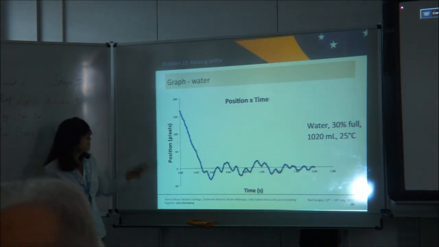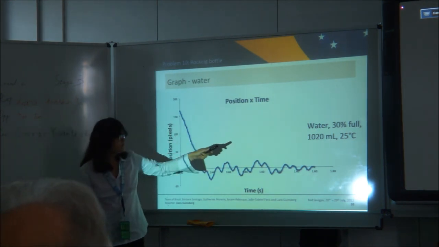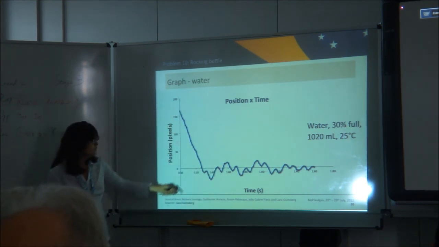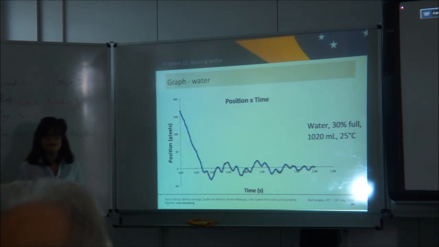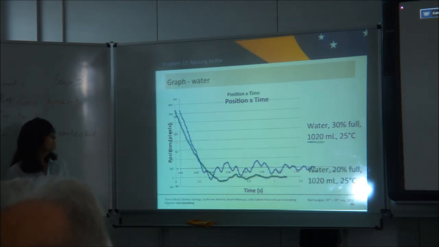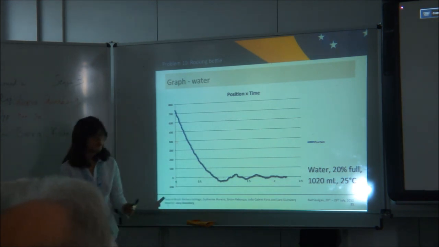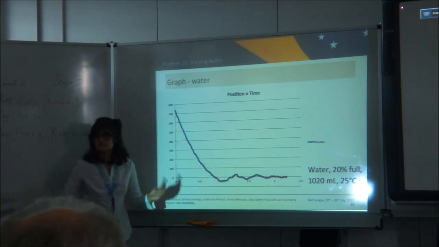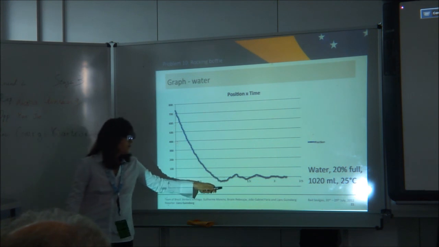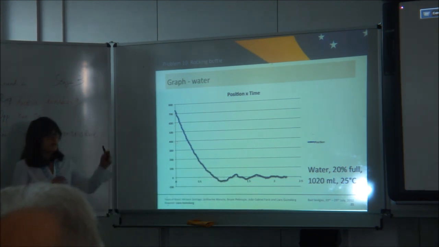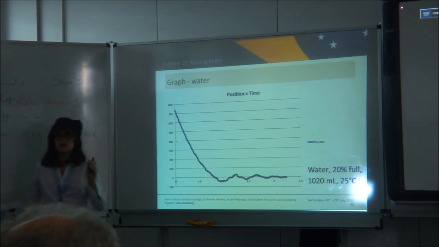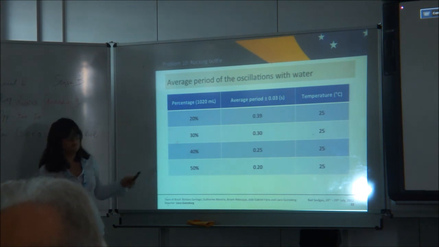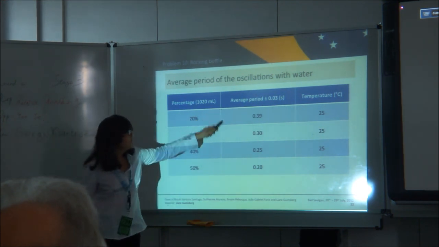From these movies, we can draw a graph, and with 30% of the bottle filled, we can see that these periods are not constant, nor the amplitudes of the movement. So we cannot approximate it to another depth. And here we can see another graph of 20% water filled. We can see that this looks like another graph. But if we calculate the periods, we will see that they are not constant and they are smaller after each oscillation. Here we can calculate the average period of this oscillation, and we can see that it gets smaller as